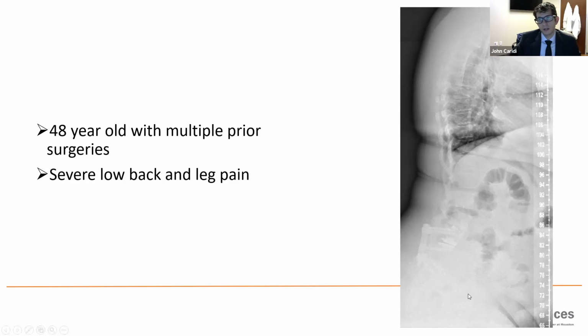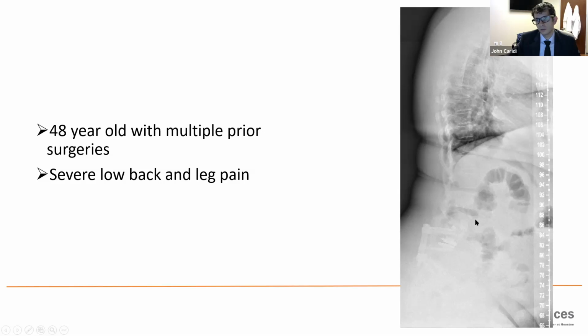So that's what I was considering with lumbar or with anterior. And then as far as doing an ACR, I don't think this is a good ACR case because she's extremely flat from L4 to S1. It's hard to see the S1 end plate, but it's here. But she's extremely flat from L4 to S1.